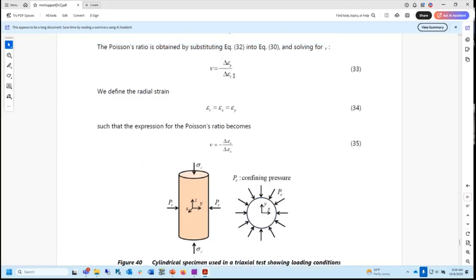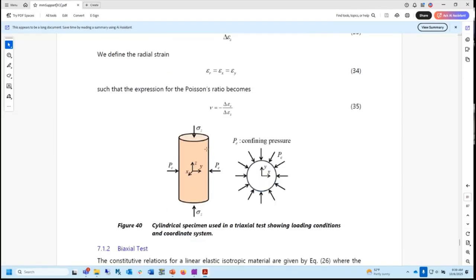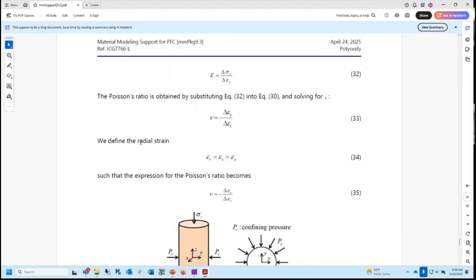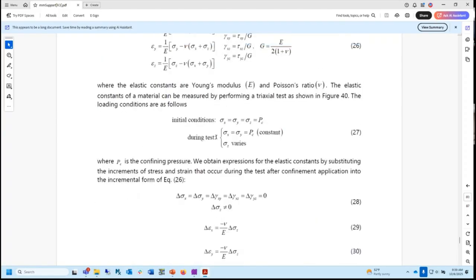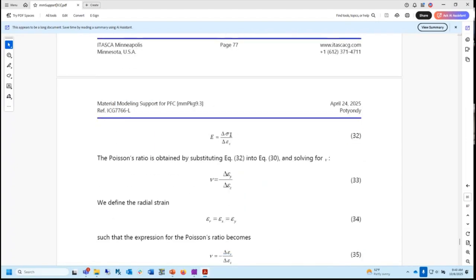So this is the real, proper triaxial test. Nothing to do with a computer model. This is how we do and interpret a test, okay? It doesn't matter what PC is. Even if PC is 0, these same relations hold. This also tells you that during a triaxial test, you can still keep getting E and nu by doing these things, as long as PC is constant.